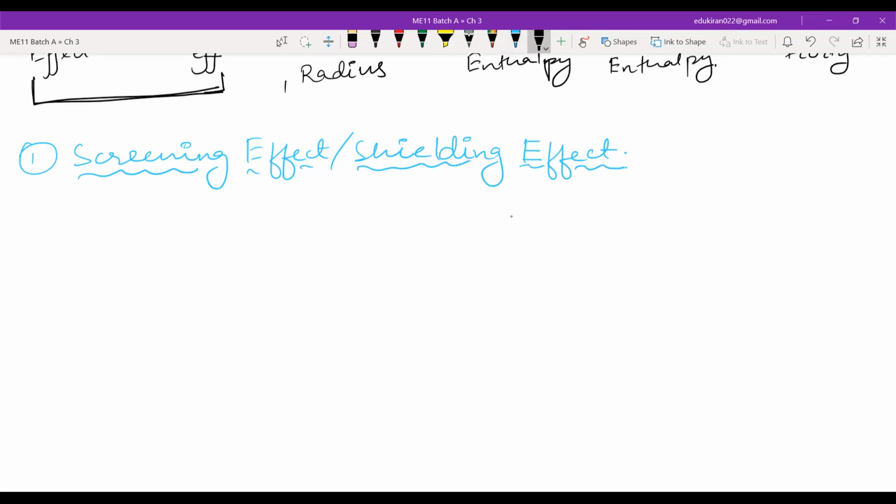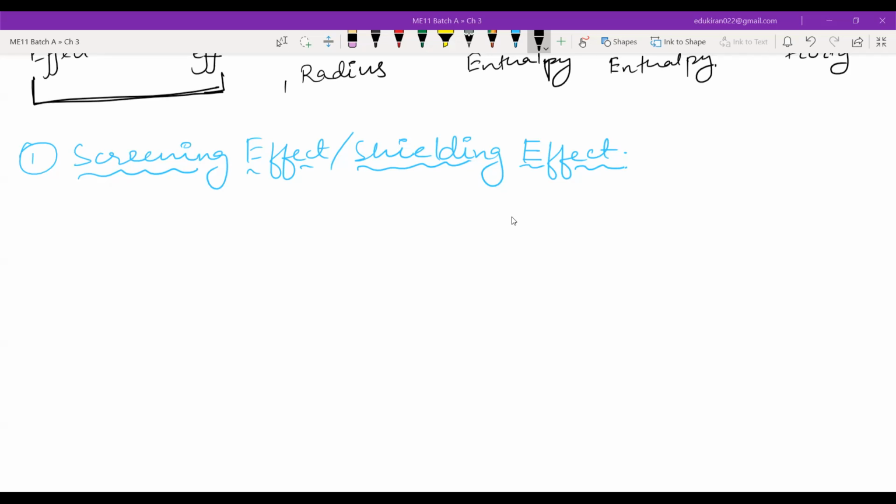Now, this is a very simple concept. Imagine that it is an offline class. There are 100 students, and they are sitting row after row. Hamza, you will tell me the amount of concentration and attention that the first row students will be getting. Will it be the same for the last row student? No, sir. So that is what shielding is.